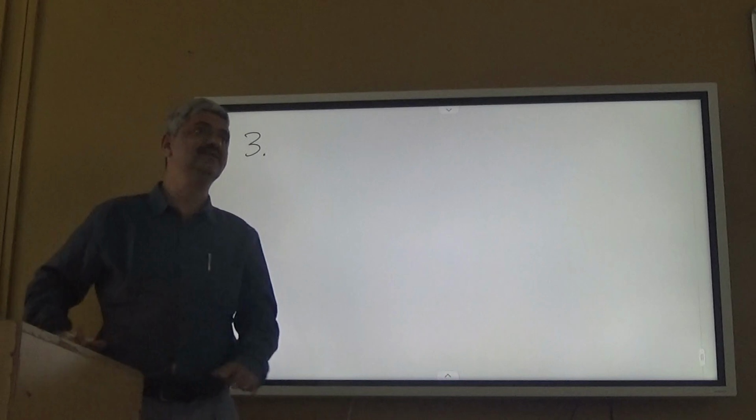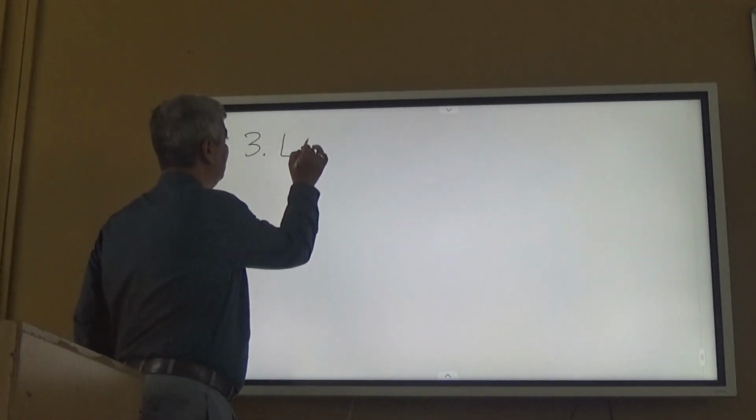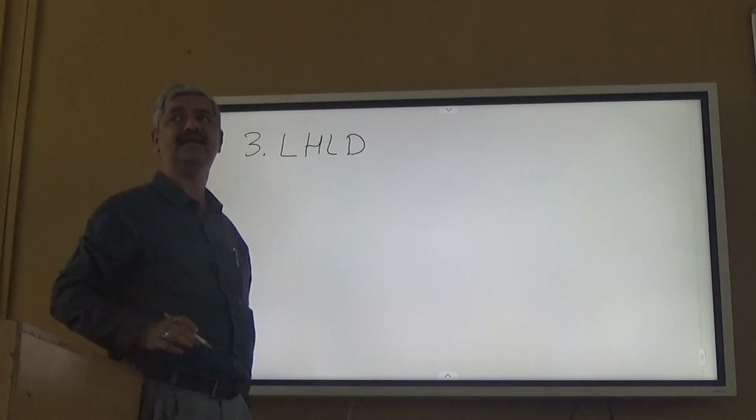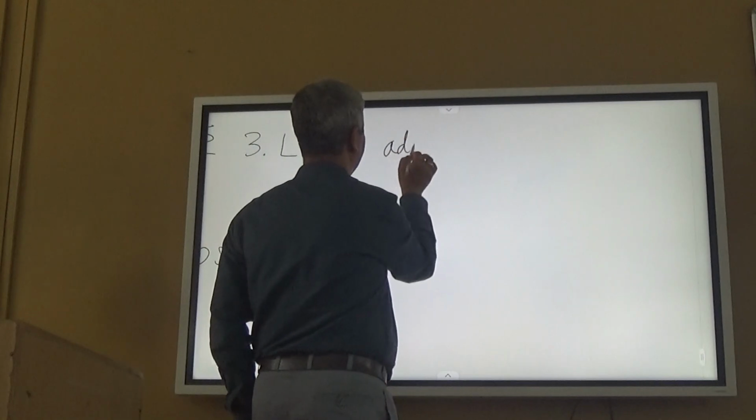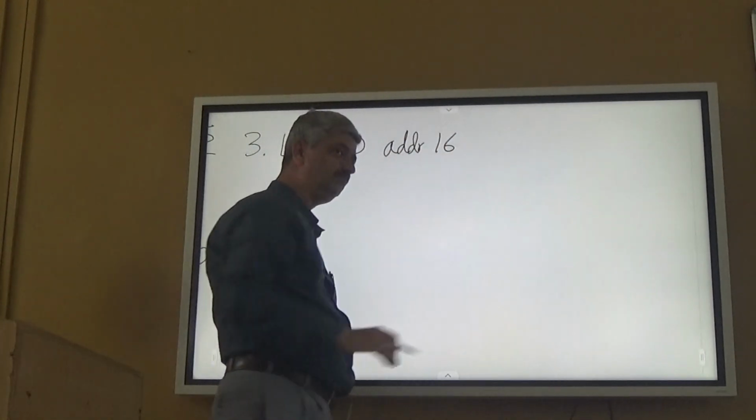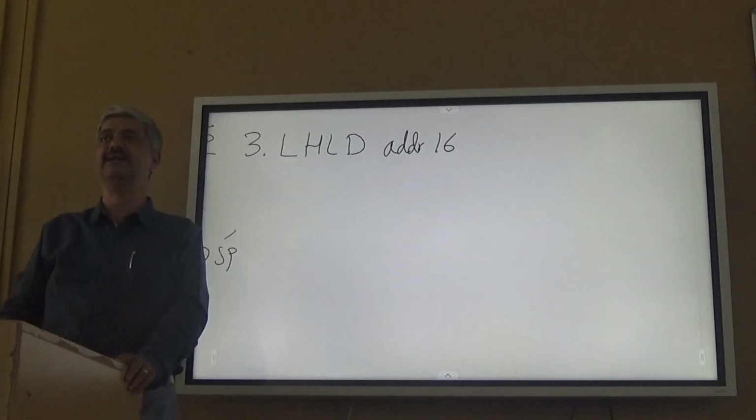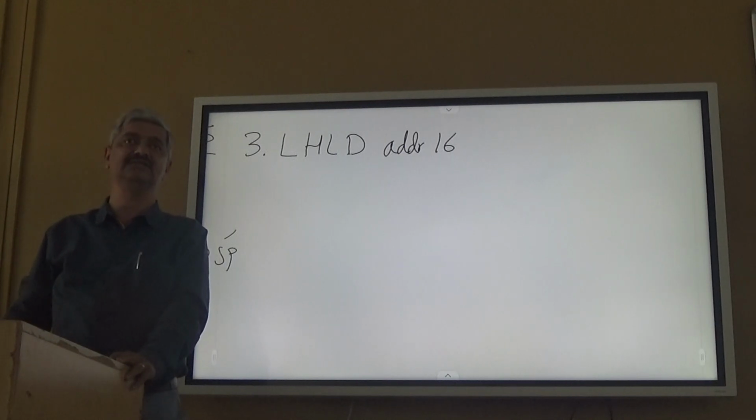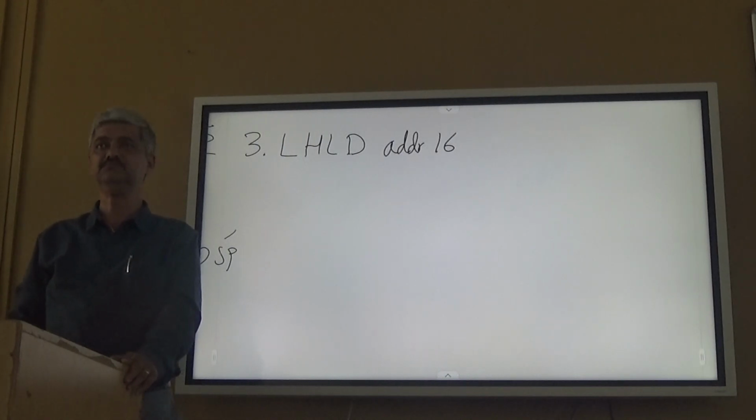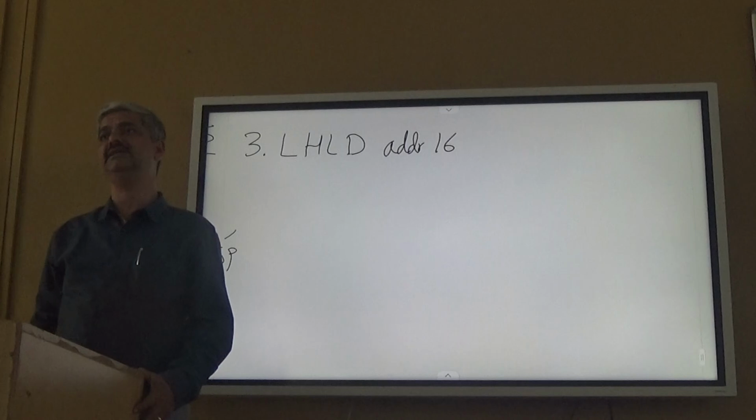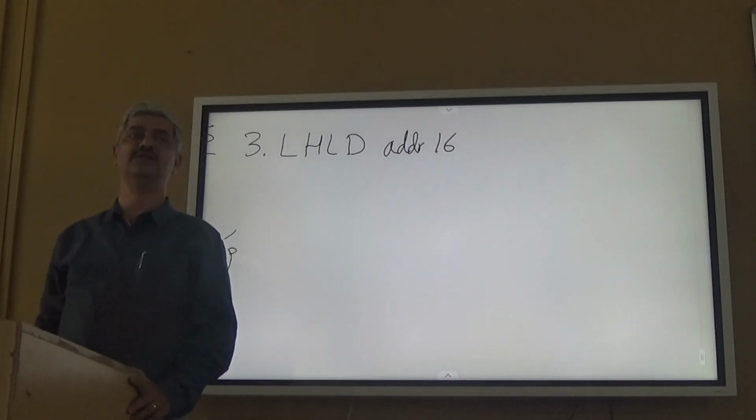So for that purpose, the instruction is LHLD, load HL pair directly from memory. The format is LHLD address 16. So for example, LHLD 5000, what will it mean? The contents of the external memory location 5000 will be brought to